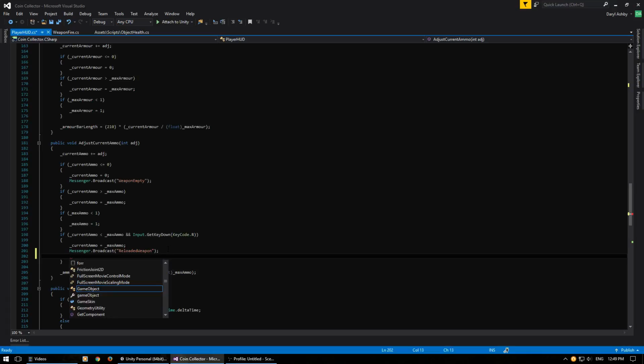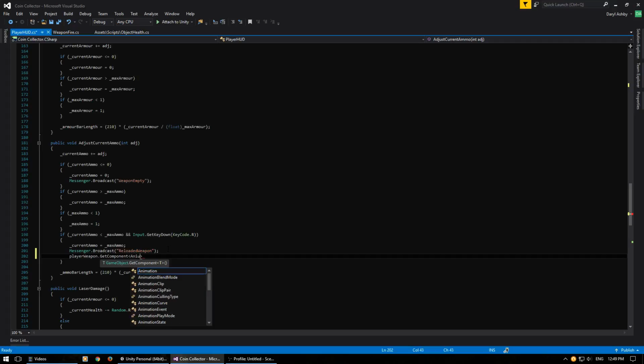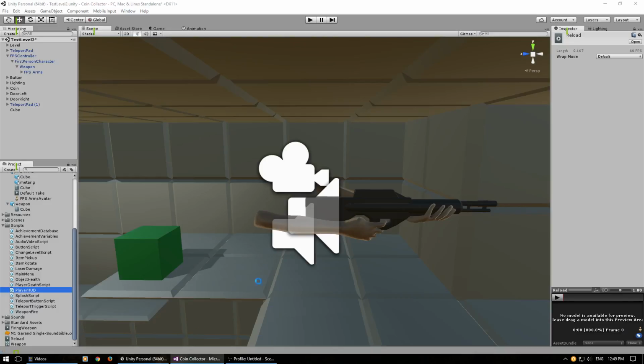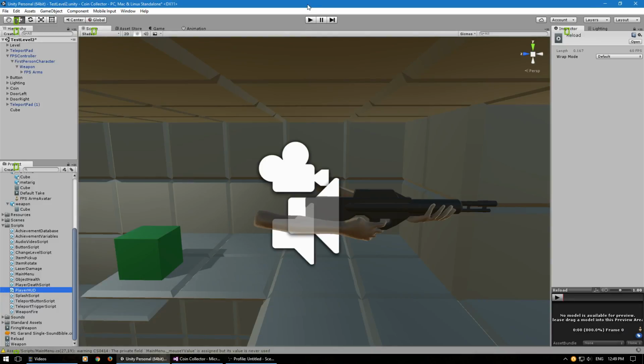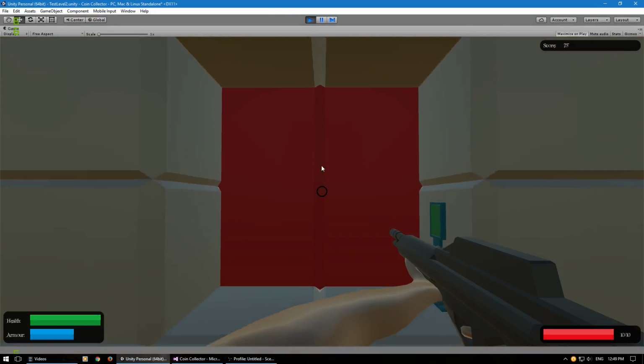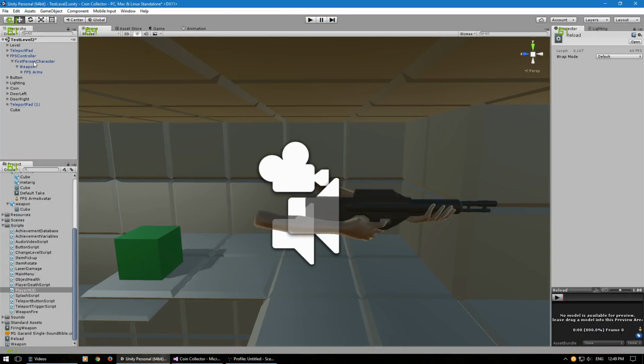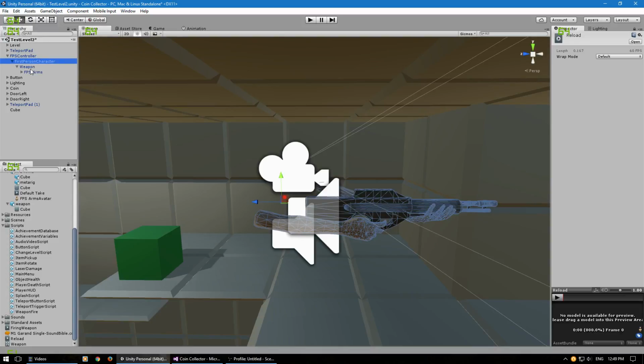player weapon dot get component animation dot play, and I'm going to call this one reload. I believe it's called reload, isn't it? Yep, it is. Whoops, I need to add something now. So if I go to my first person character,